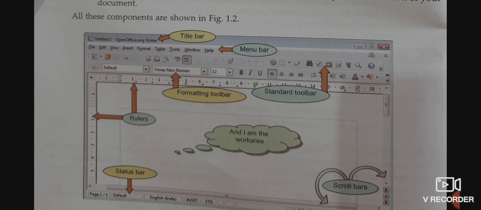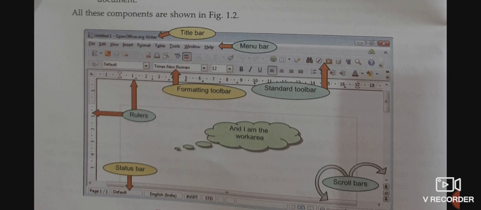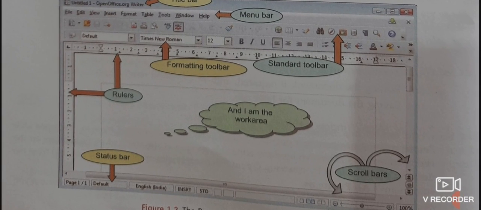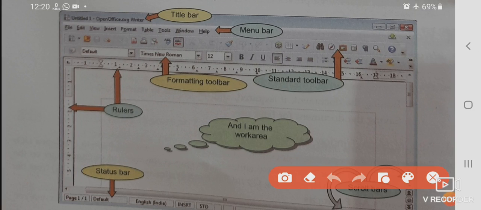What happens when you hover your mouse on this area? When you hover your mouse over this area, the mouse comes in the form of an arrow.